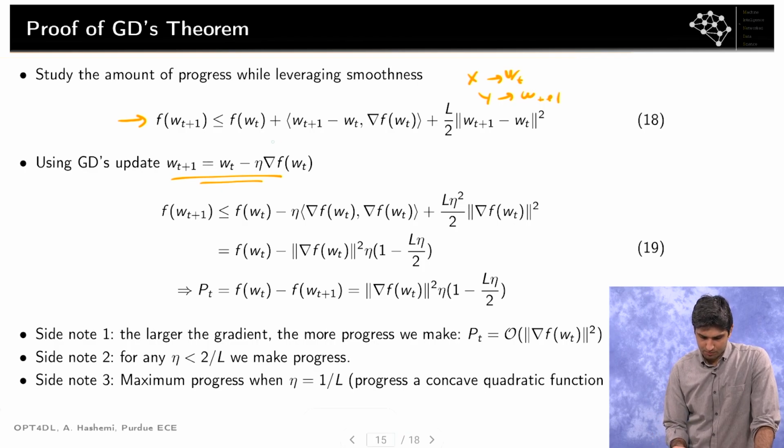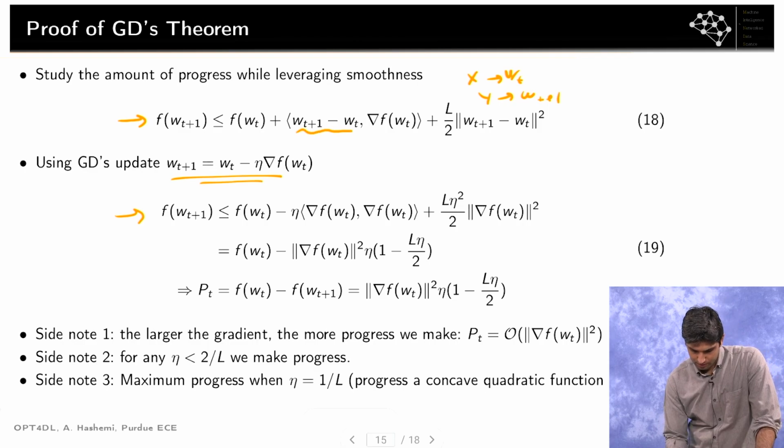Okay? So in particular, I'm going to replace the difference between w_{t+1} and w_t with eta, the learning rate, times the gradient. Okay? So that enables me to go to this line. So this difference basically becomes just the gradient times the learning rate. Okay. Now I'll do some rearranging